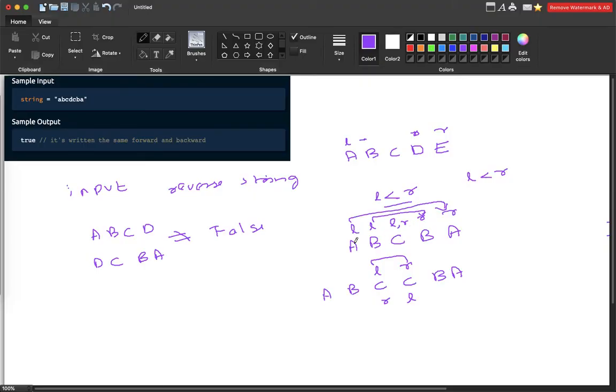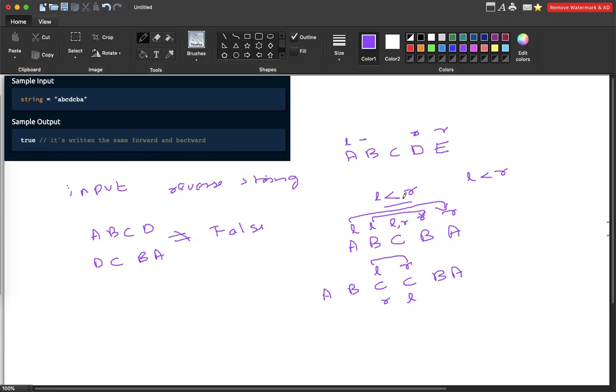If the character at left is equal to right, then at least in the first iteration it matches, so the left will go to the next position and right will decrement by one position, and again the iteration goes on. It will compare the character at left and right, then if both are equal, then the left will be incremented by 1 and right will be decremented by 1